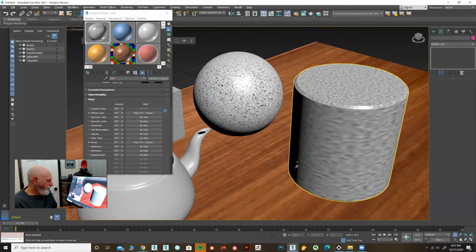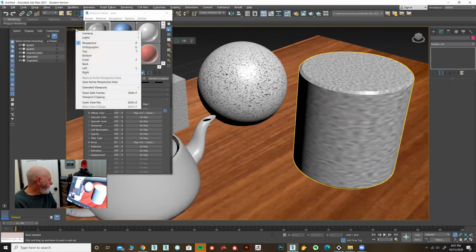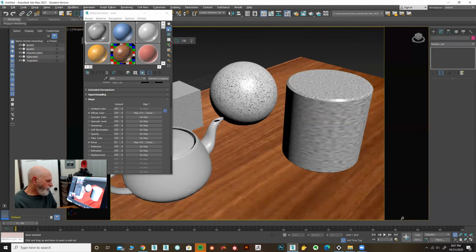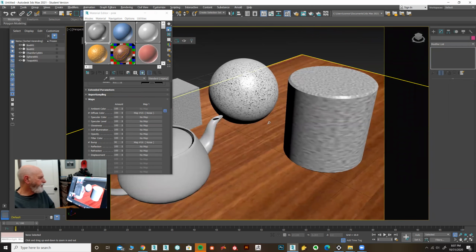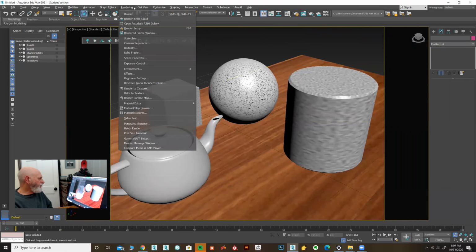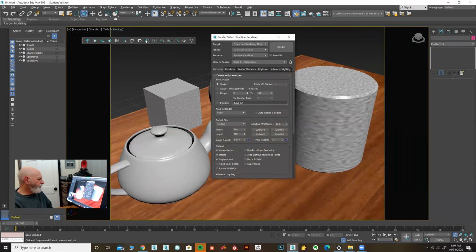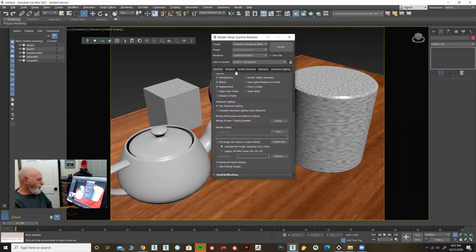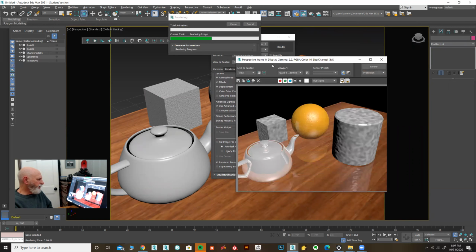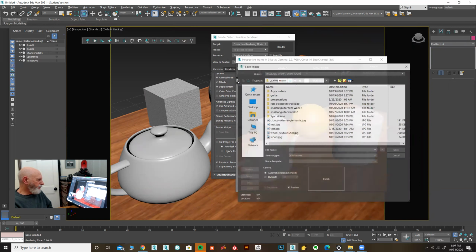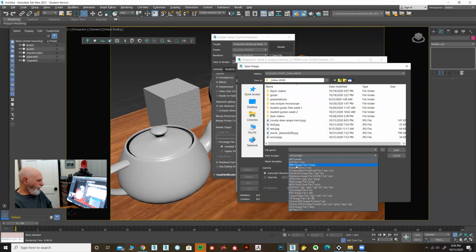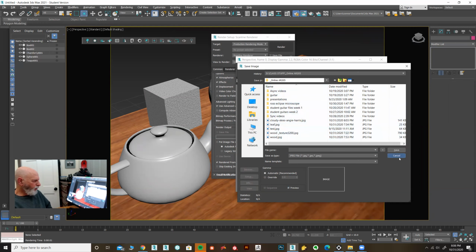All right, so set your camera up so you can see what's what, and let's render that out and hand that in. So I'm going to go to render setup. We're in scanline still, right? I'm going to make it a little bit bigger. Okay, and then you can just render, and then just click on the little screen image and save it as a JPEG, right? To wherever you want to put it, or